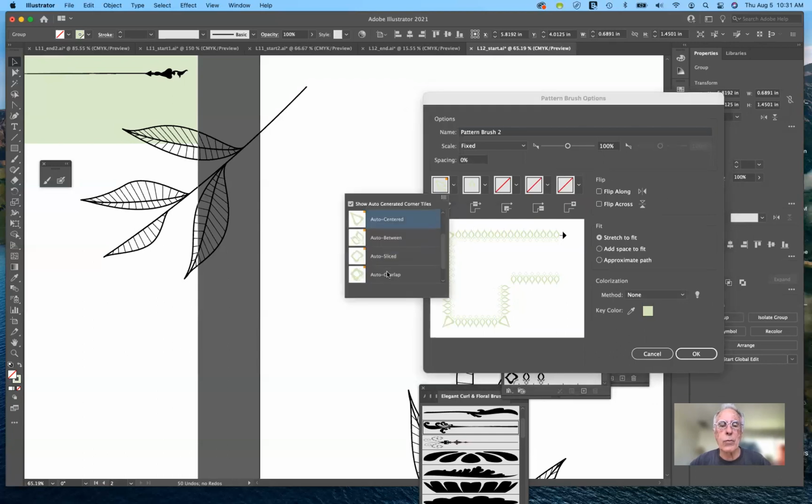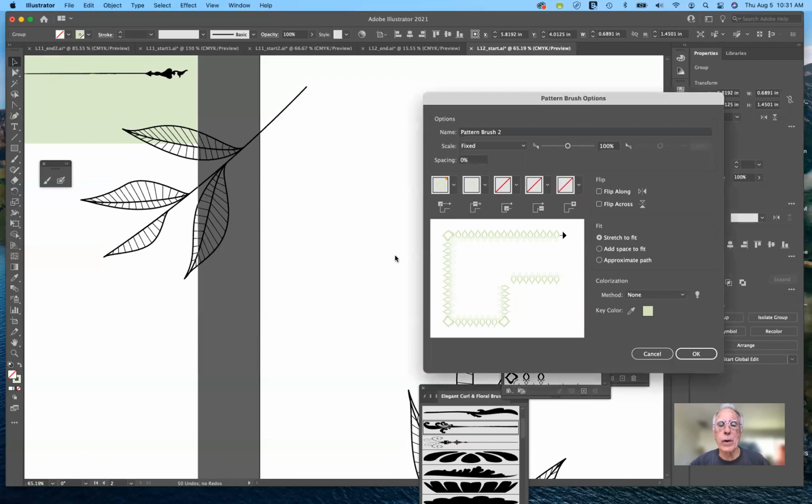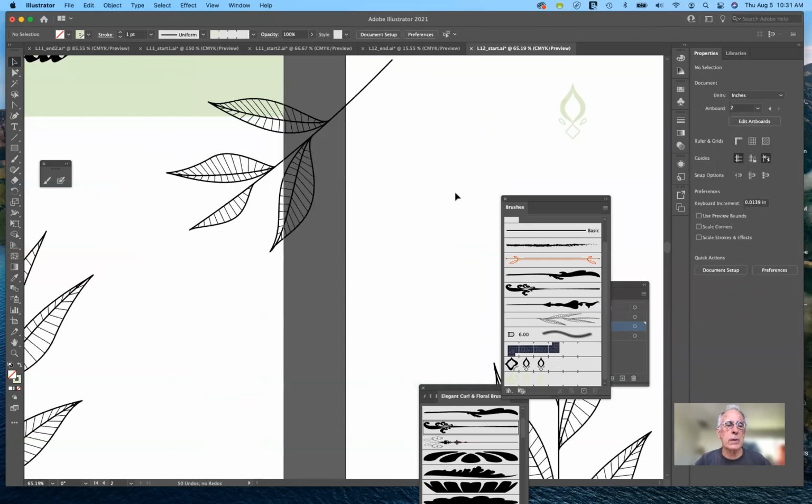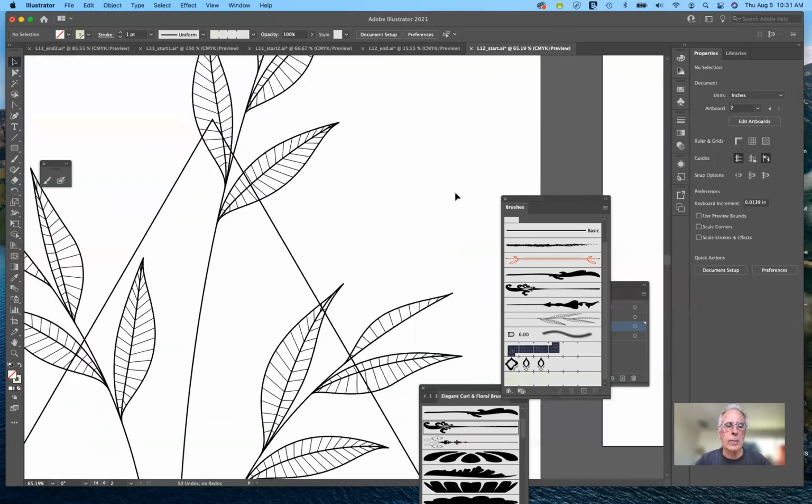And those are worth exploring as well to see what they look like. So I'm going to leave it with this one, click OK. And now deselect, make sure that the path is deselected. You can come over here,